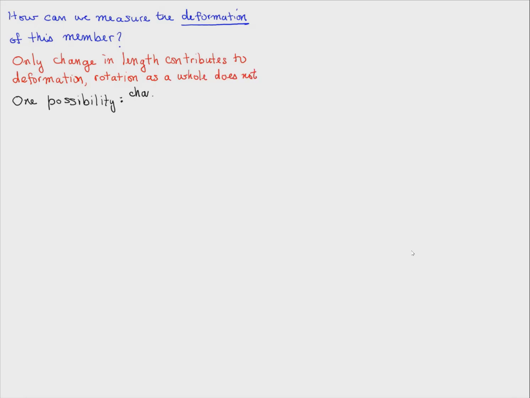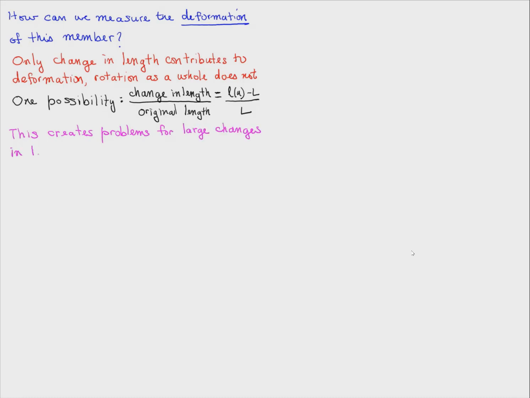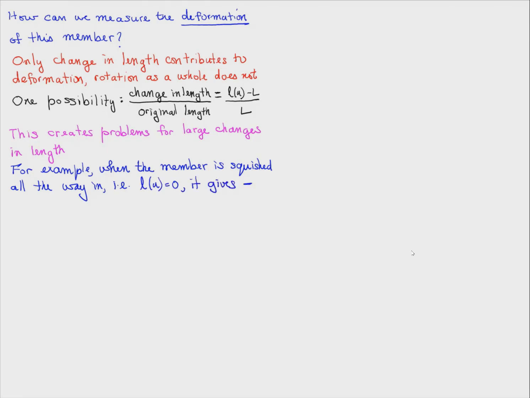One possible way of thinking about deformation is change in length over original length, as we're familiar from our undergraduate mechanics. But this definition creates problems for very large changes in length. For example, if we take the member and squish it all the way down so that its length becomes 0, then this definition would give us a deformation of -1, whereas we would prefer a deformation of -infinity for this